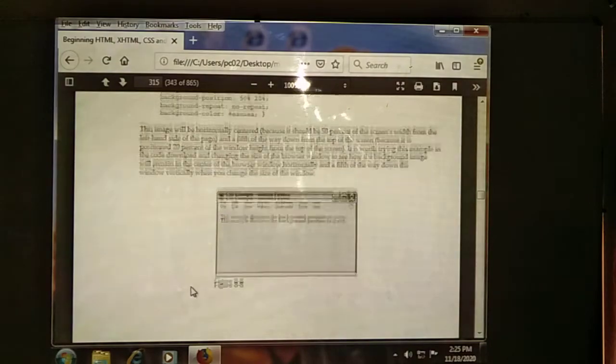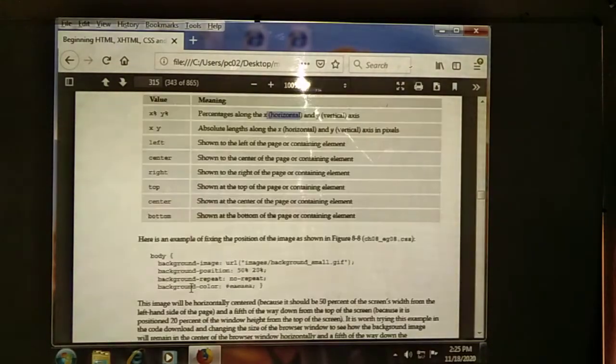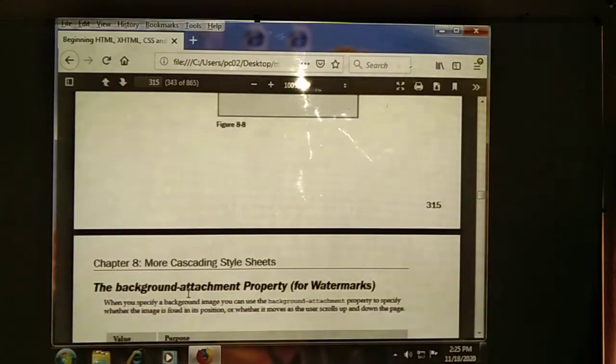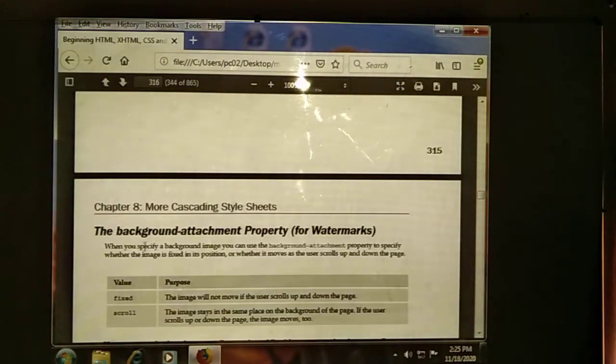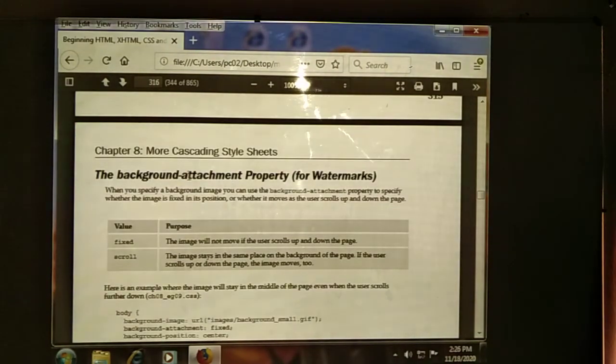This is about position, where to locate the particular image. Then the background-attachment property. Suppose we need to apply a watermark, we need to use the background-attachment property. In that property we use two values.